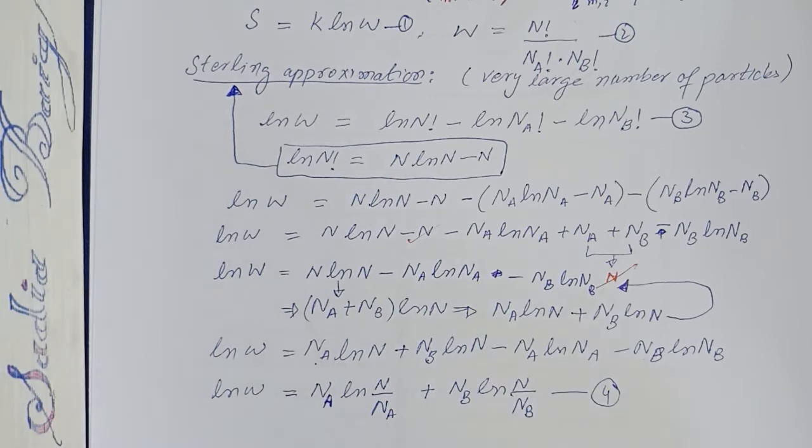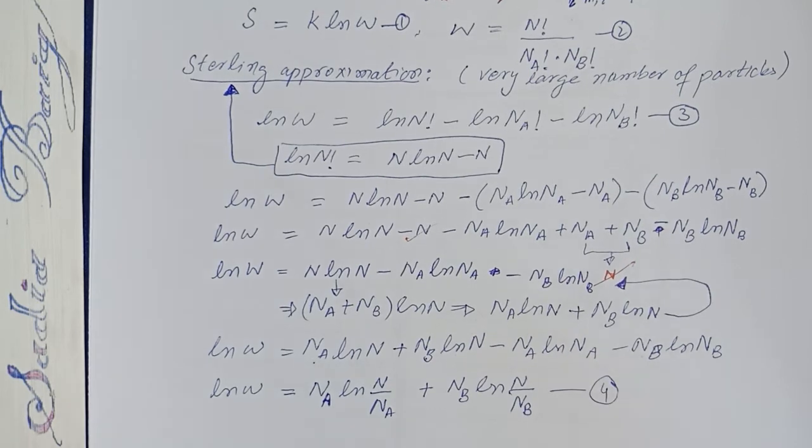Now here we are in condition to replace the value of log natural W, that is the number of ways the constituent particles are organized into the mixed solution system. So the entropy of the system can be written in terms of equation number 4 as,